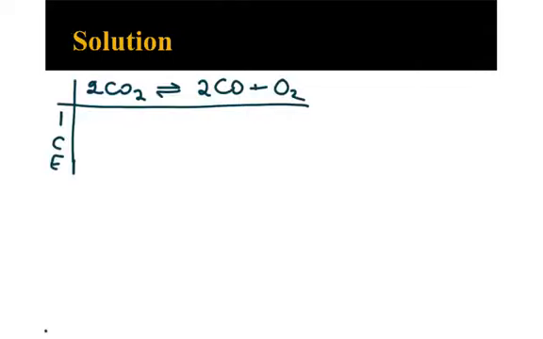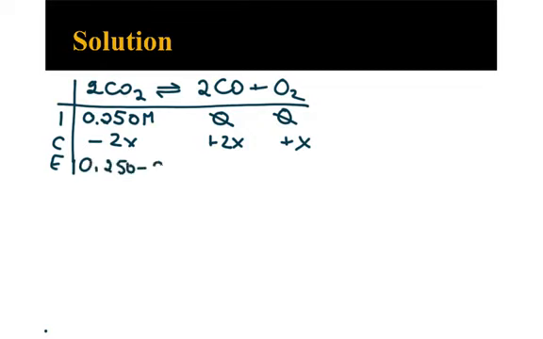So as always, our approach is going to be our ICE table. So all 4 methods start the same way. You do your ICE table, you read the word problem, and from the word problem you get your I. So we're going to take our 0.25 moles divided by 1 liter, which gives us 0.250 moles per liter. It doesn't tell us we have any product, so again, this is a nice easy C. We have to shift towards the products, so minus 2x, plus 2x, plus x. I plus C equals E: 0.250 minus 2x,